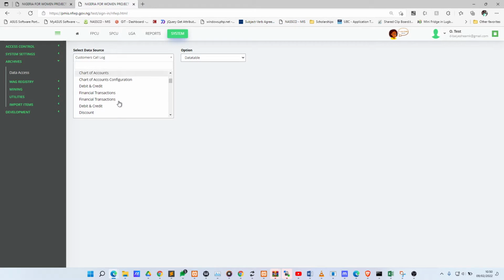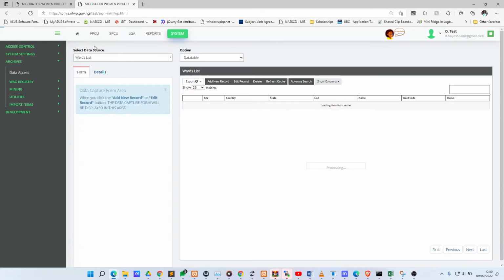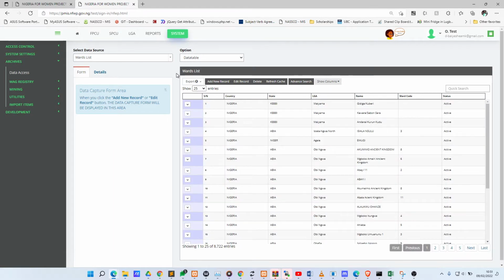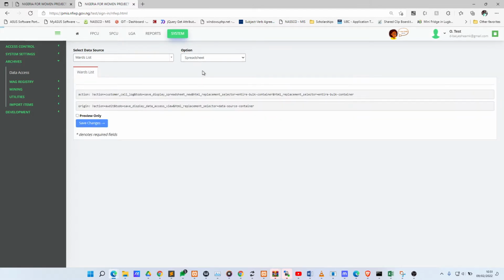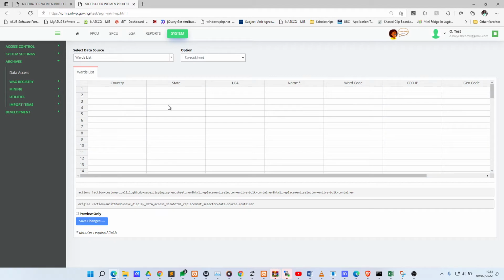For this short video, I shall import a word. I shall import into the word list data source. Then the second field here, which says option, I shall filter to spreadsheet. So this way we can import directly into this table